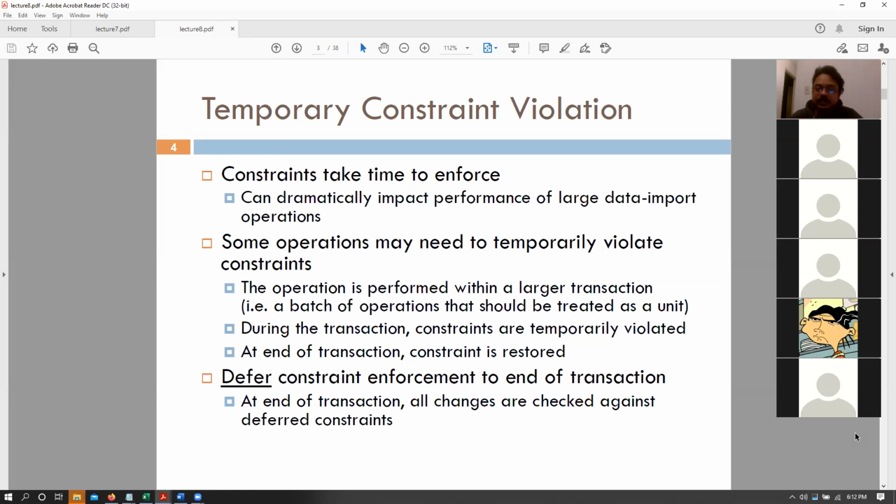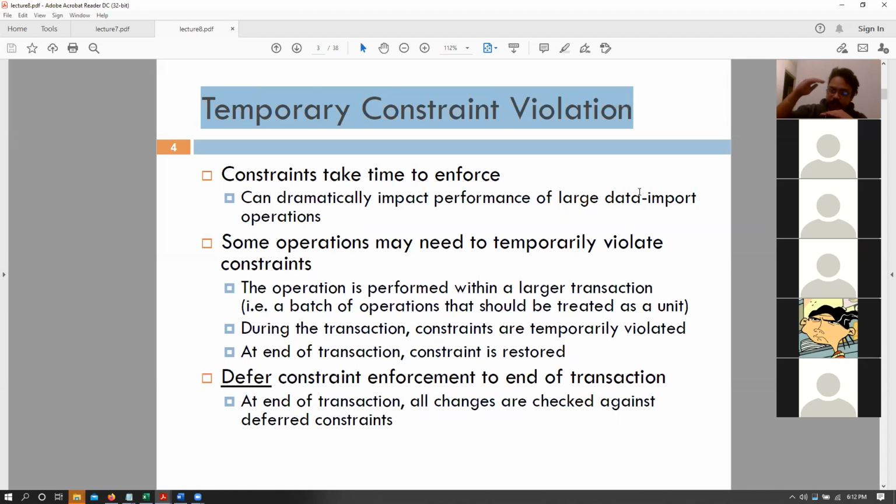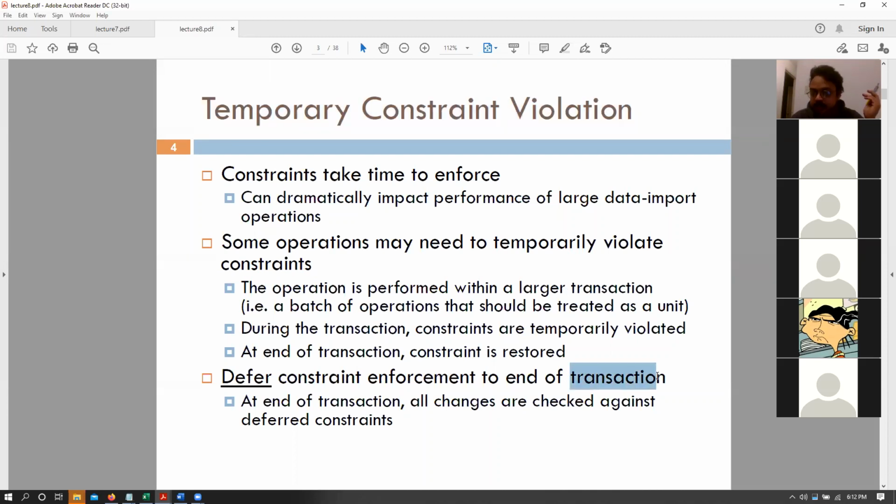So sometimes it is necessary to perform a temporary constraint violation where, for some time, at least until the entire set of instructions are completed, we would withhold any constraint checks. And once the entire set of instructions are completed, only then we would be checking our constraints. These are also called transactions, where basically transactions are a sequence of instructions that we want to perform on our table. But this sequence of instructions would be considered as a single unit. So all or nothing kind of thing.